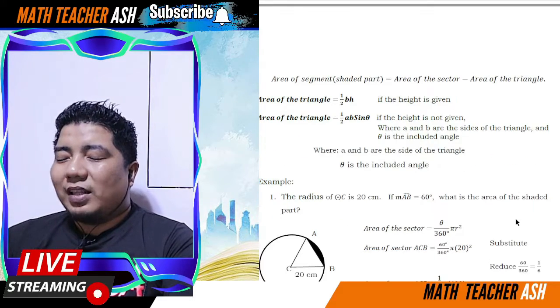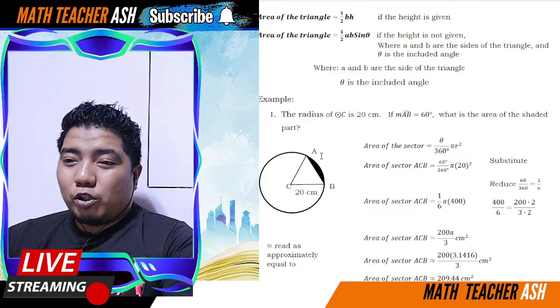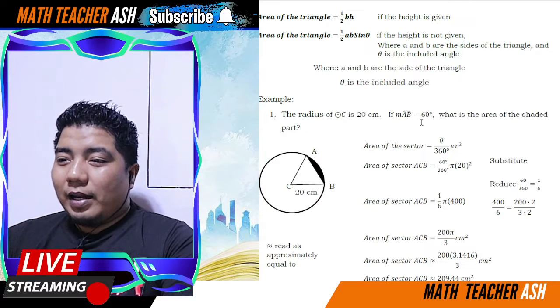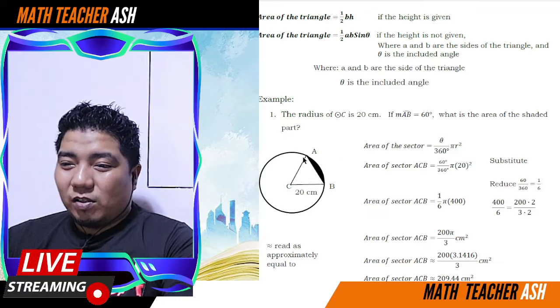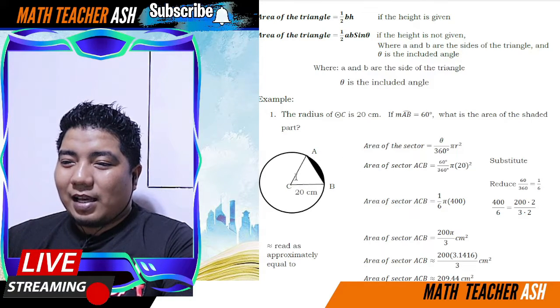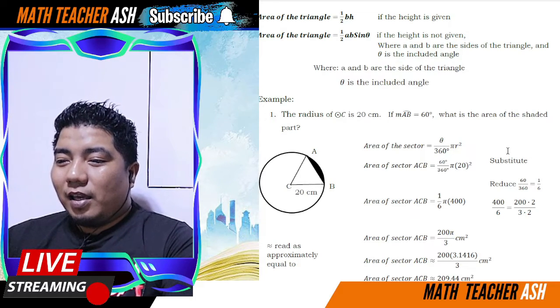Okay. So, what if this is the case? We have the radius, 20 centimeters pa rin, and then our arc is 60 degrees. So, this is 60 degrees. Of course, angle C is also 60 degrees. Okay. So, how will you get the